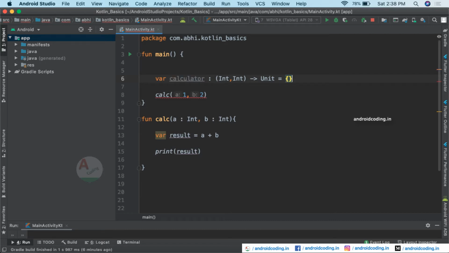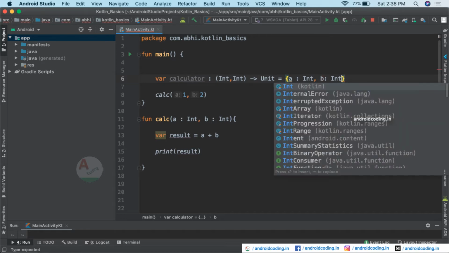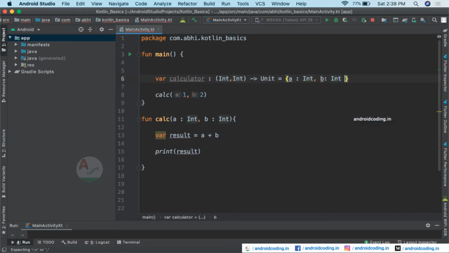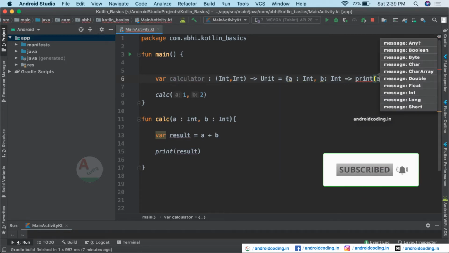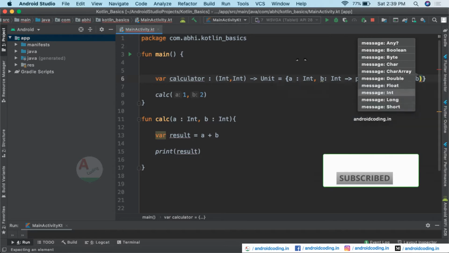So use curly braces here and mention the two parameters a comma b, and then we print the addition of these two numbers, a plus b.